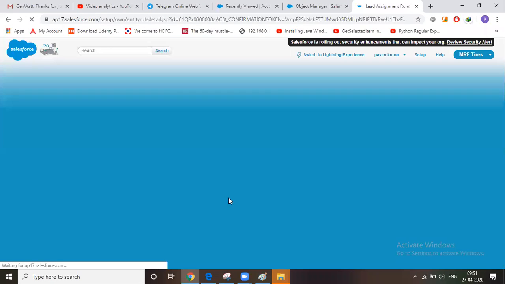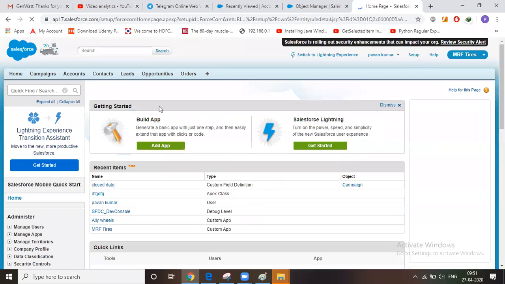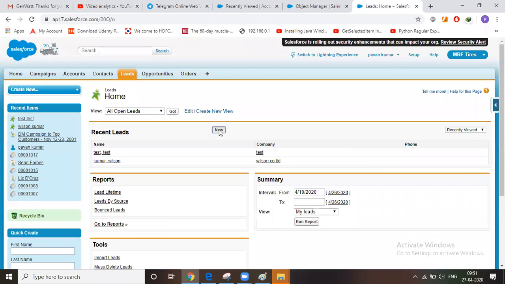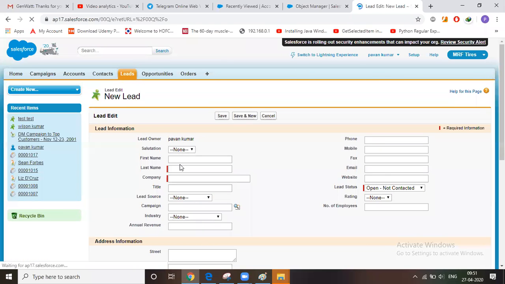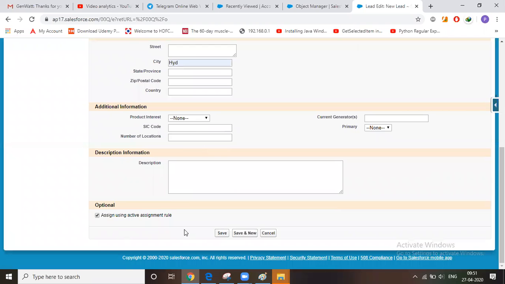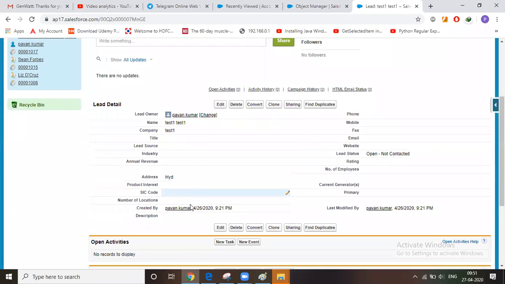Save. Setup. You have to add a new lead, right? New. Test one. Hyderabad. Check this. Save. Session will be closed soon. Yeah, so you can see this Hyderabad.